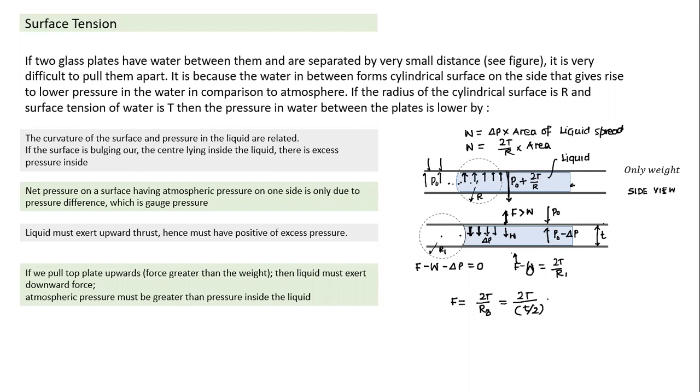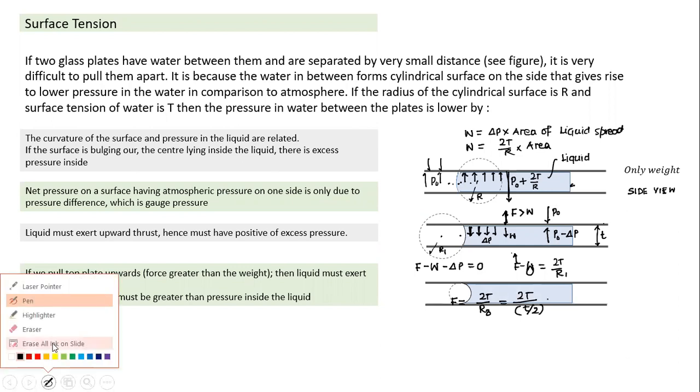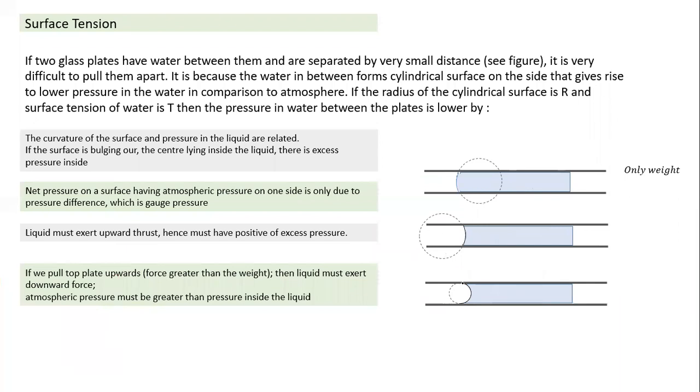It's a gauge pressure. Gauge pressure here is negative. Okay, so this is when it is about to get pulled off. This is how the surface will change. If I draw this curvature here, if I complete the sphere, this is how the surface will look when it is about to be pulled apart. So that's what happens when the liquid gets trapped between two parallel plates, and we try to pull it